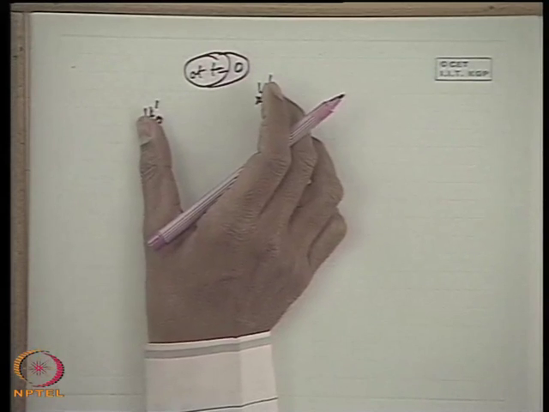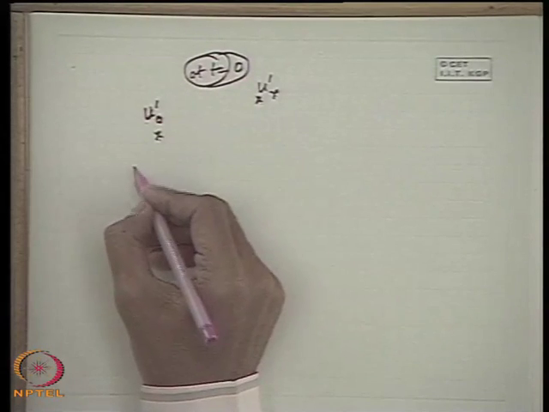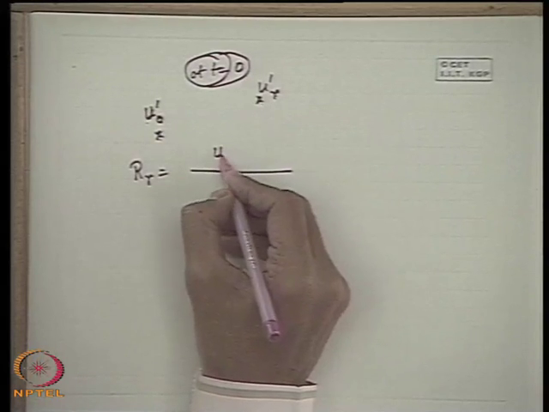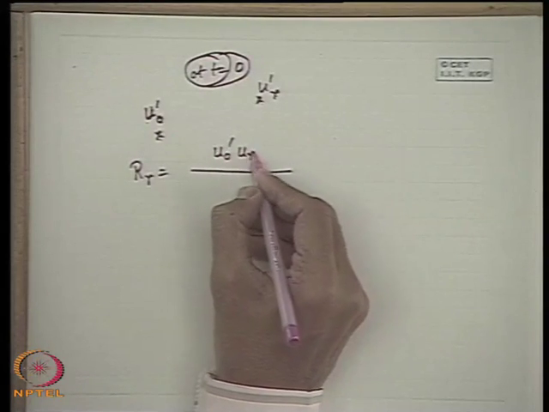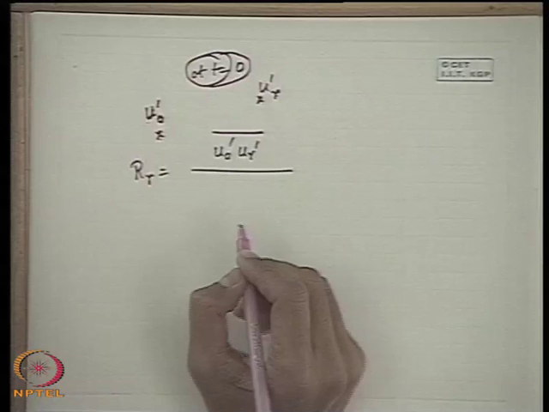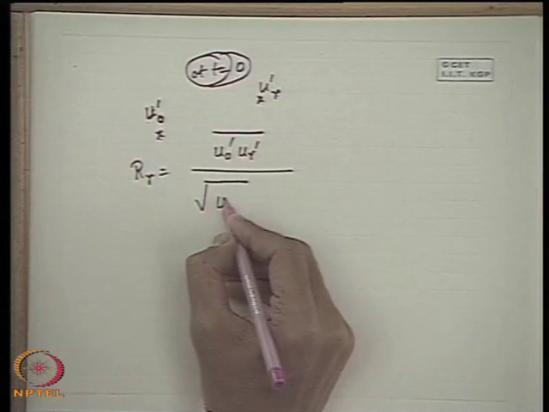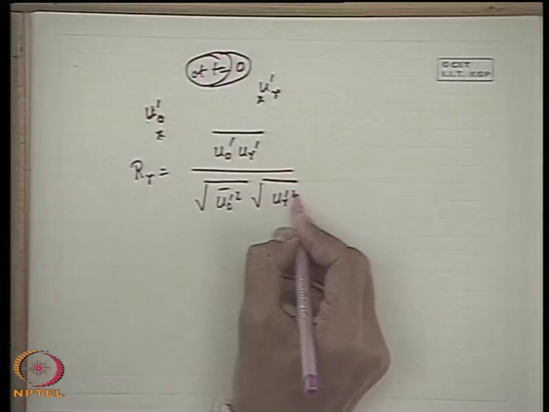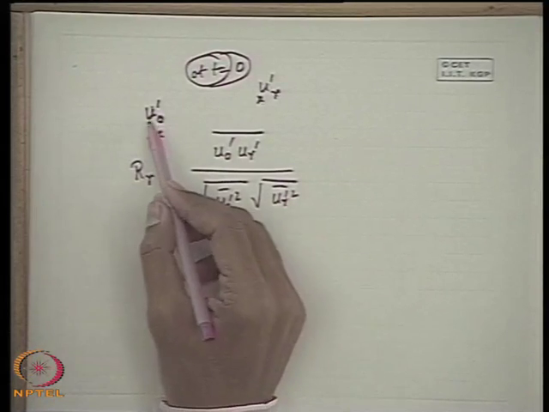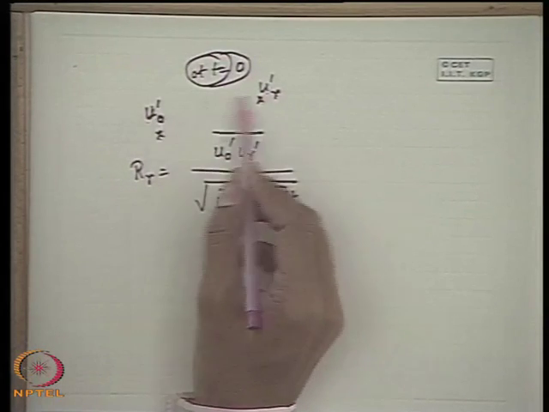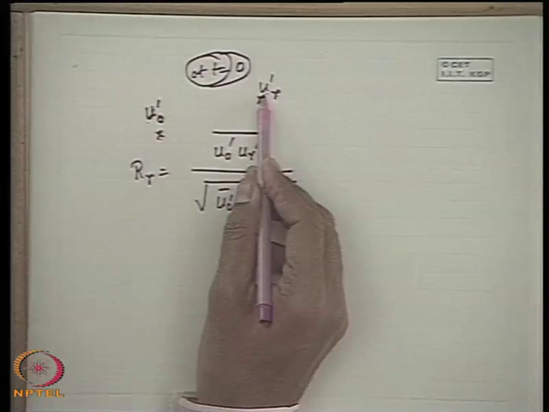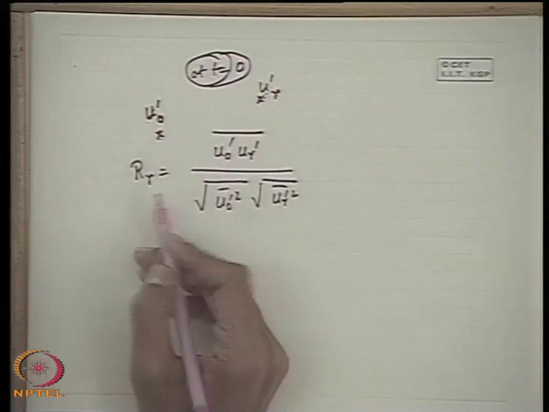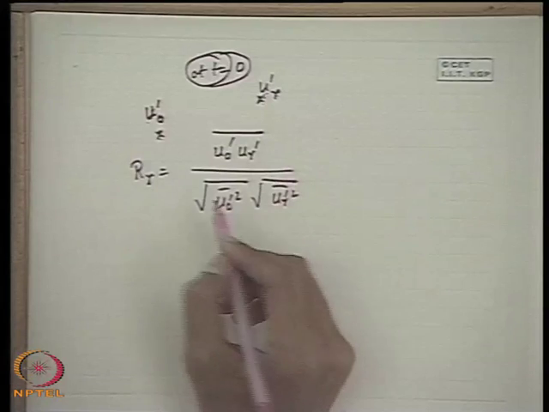Then what is the correlation between these two? The correlation coefficient in this case, RR, in a similar fashion is defined as the product of this time mean value and then the root mean square, u r dash square. That means if there is correlation between these two fluctuating velocity components at a distance r apart, that means two different spatial locations, then RR will be a value which is not 0.